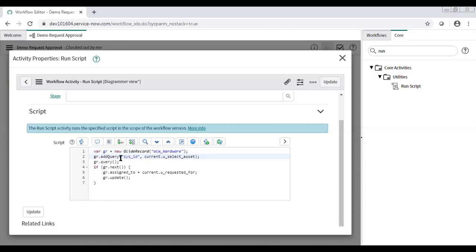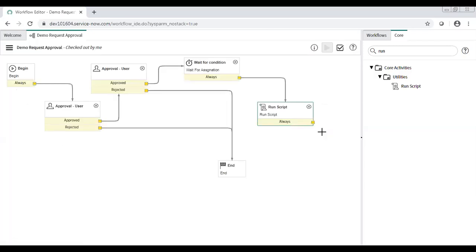And then this will get queried, and I just want to update the assigned to user of that particular asset similar to requested for. That is the simple glide record query we are trying to update through the workflow. And then let's say for the time being, once it is updated, our process ends, and we can close or do whatever the process requires according to the customer.